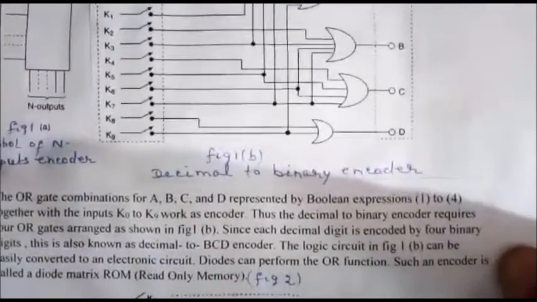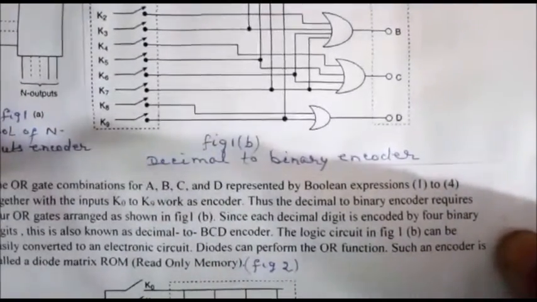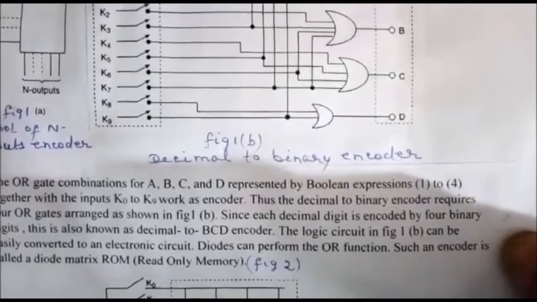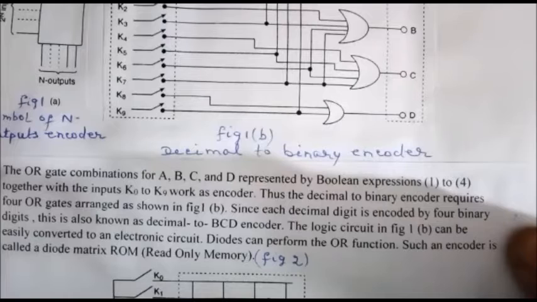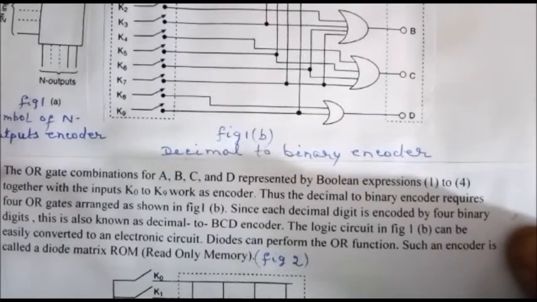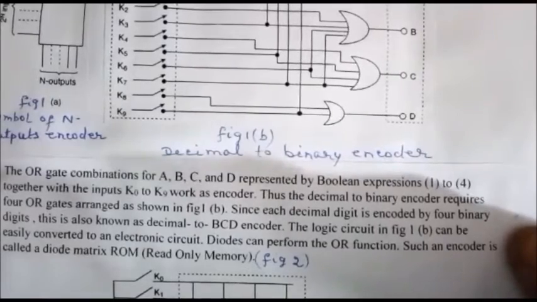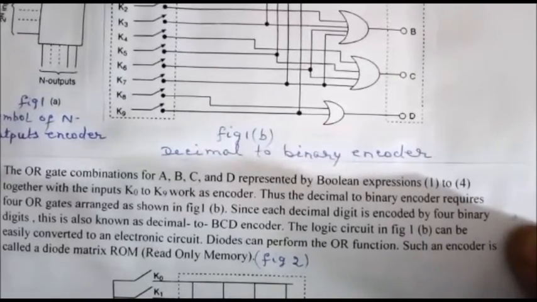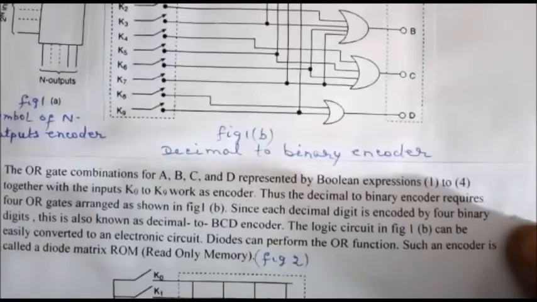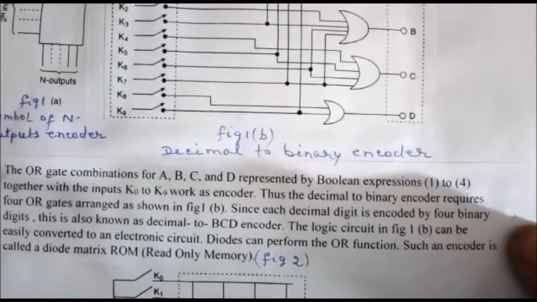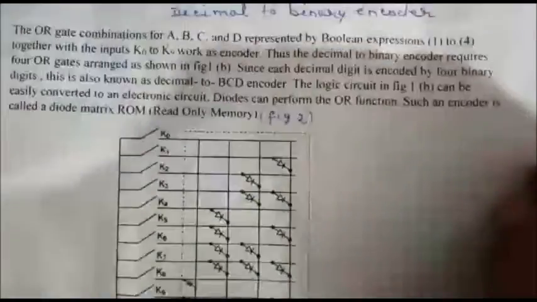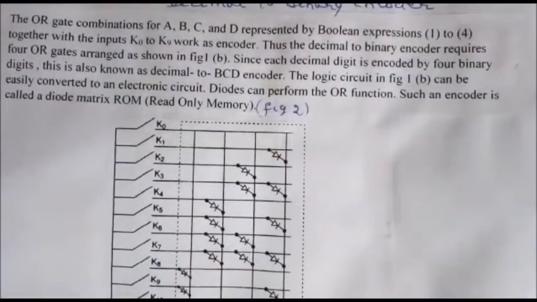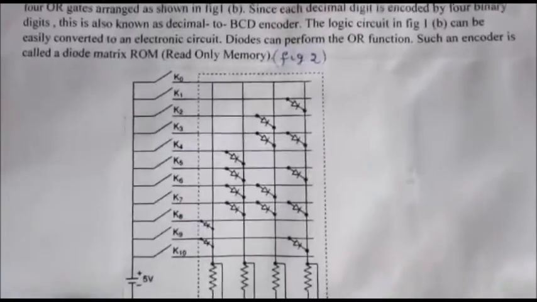Since each decimal digit is encoded by 4 binary digits, this is also known as a decimal to BCD encoder. The logic circuit in figure 1b can be easily converted to an electronic circuit. Diodes can perform the OR function, we know that. Such an encoder is called a diode matrix ROM, that is read-only memory, and such an encoder has been shown in